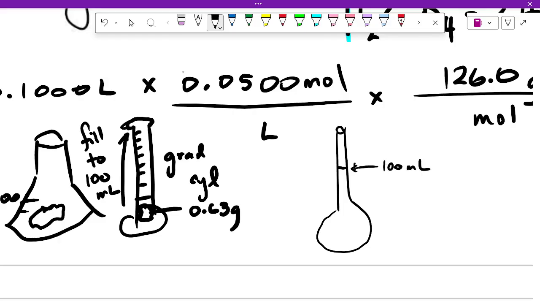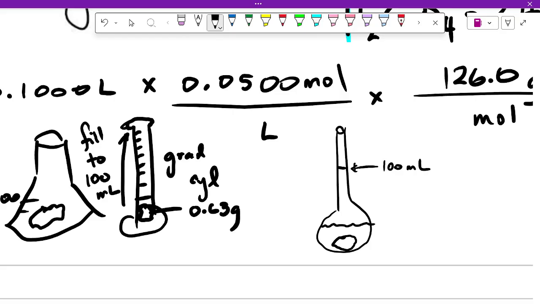Okay? So what you're going to do is you're going to put in your solid. And then you're going to add water, but you're not going to add it all the way. You're only going to add it halfway. Anyone want to guess why? If I add water all the way to the line, and if I had solid in there, which I don't right now,